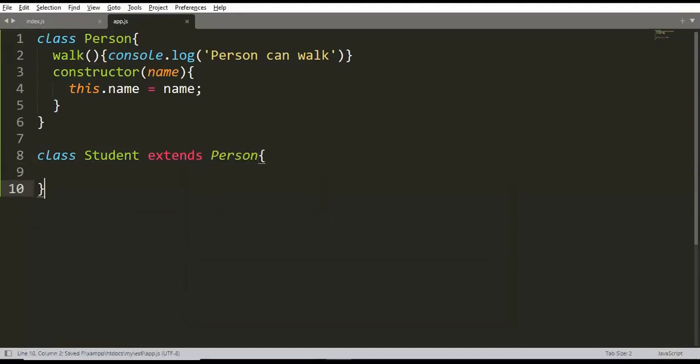Now what does this mean? This means that the Student class also has all the properties and methods defined inside the Person class, including the constructor. Let me show you. If we create an object of the Student class, Student on its own has no properties or methods, but we can still use the name property, or let's say the walk method from the Person class, if I write s1.walk and s1.name equals this.